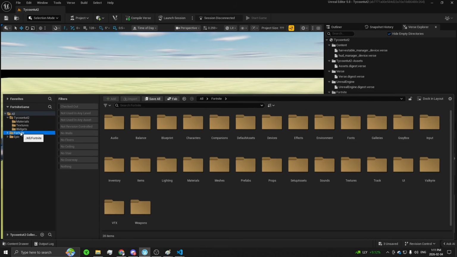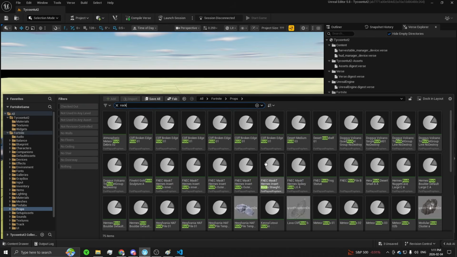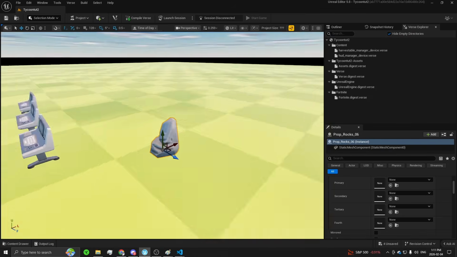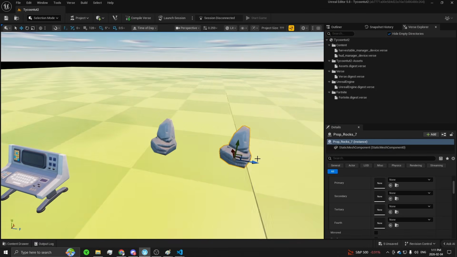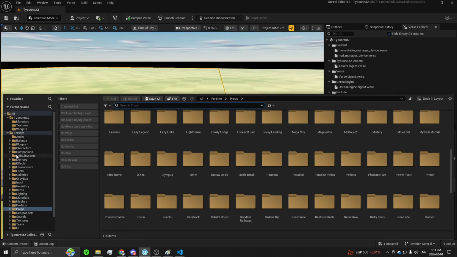So to make one, just go into Fortnite. Let's go props, look up rock. Let's find a nice looking rock. This one looks pretty cool. And we're just going to duplicate that 3 times. Actually, let's set up the prop manipulator with it before we duplicate it, just so we can do it all